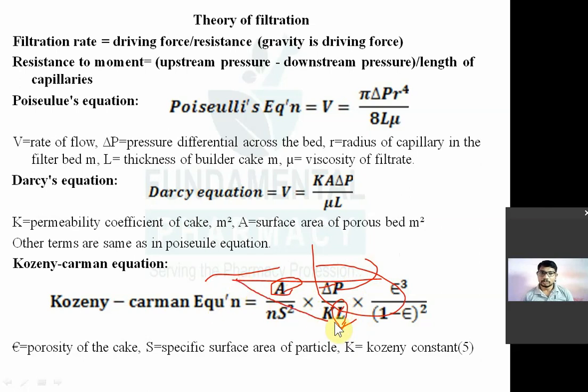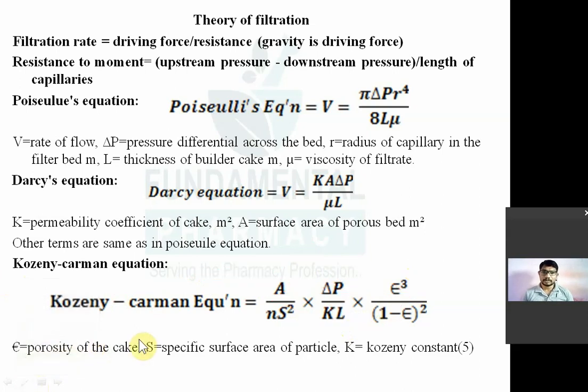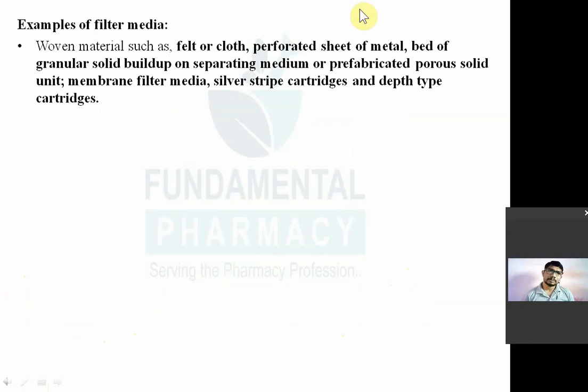So filter media may be of different type, like for example woven material such as felt or cloth। जैसे आपका फेल्ट और क्लॉथ मतलब जो आपका जैसे फेल्ट मतलब चालनी होता है, और क्लॉथ इज नथिंग बट द ओवन थ्रेड्स ऑफ योर कॉटन। सो ओवन मटेरियल सच एज फेल्ट एंड क्लॉथ। परफोरेटेड शीट मतलब अगर कोई शीट है उसमें कुछ छेद है, सो दैट इज अ परफोरेटेड शीट ऑफ मेटल।